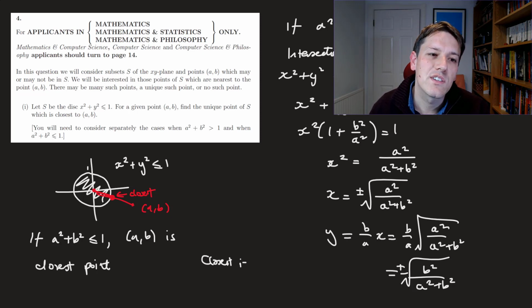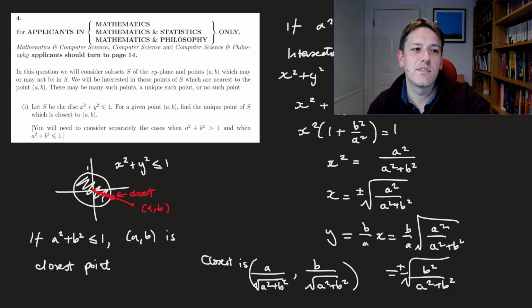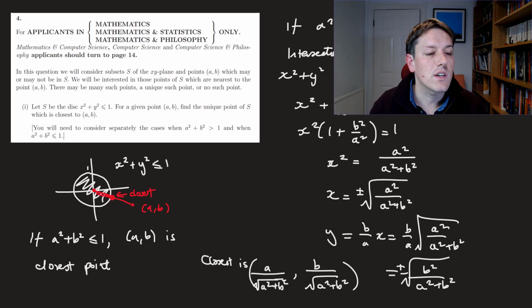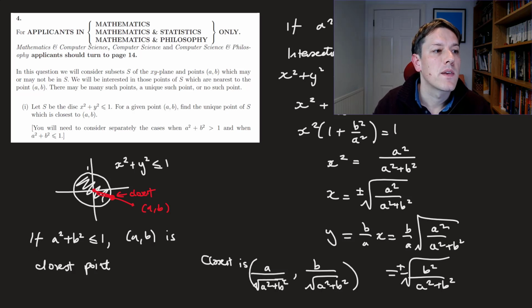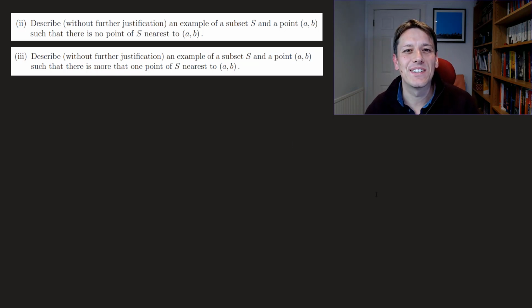The closest point is just going to be a over the square root of a squared plus b squared, b over the square root of a squared plus b squared. In the four, you can think about it in each of the four different quadrants if you like, but that's going to resolve all the different cases with the signs being correct. Okay, so part 2 I think is actually an exceptionally hard problem for a math paper,